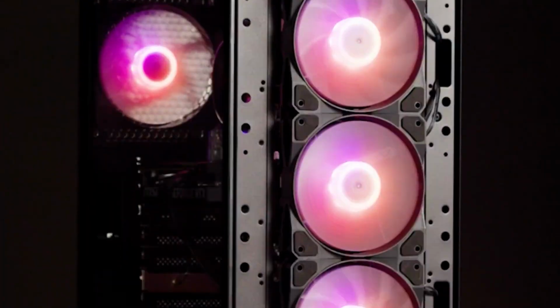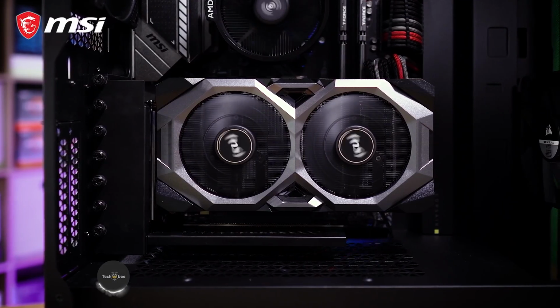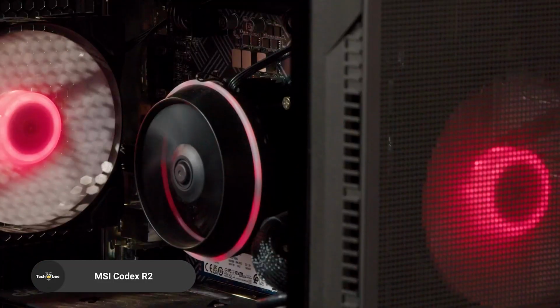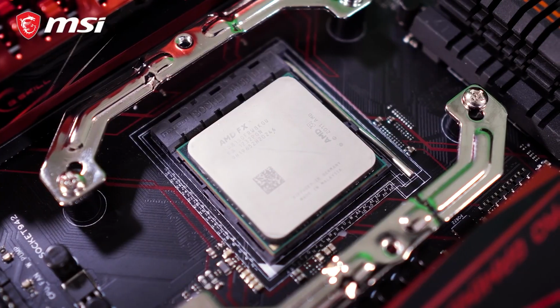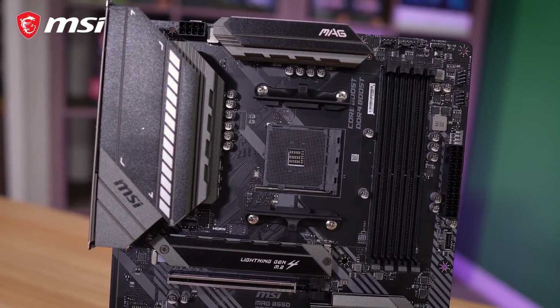MSI Codex R2, built for speed and smooth gameplay. The MSI Codex R2 is designed for serious gamers who need raw power and speed. Featuring a Ryzen 9790X processor, RTX 4080 GPU, and 1TB Gen 4 SSD, this machine delivers ultra-fast load times and